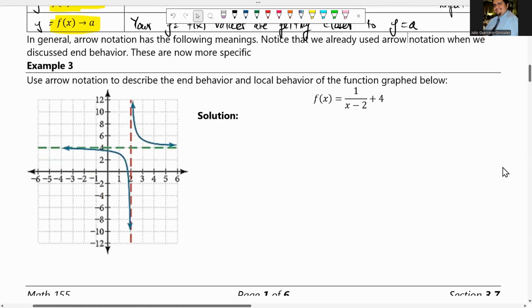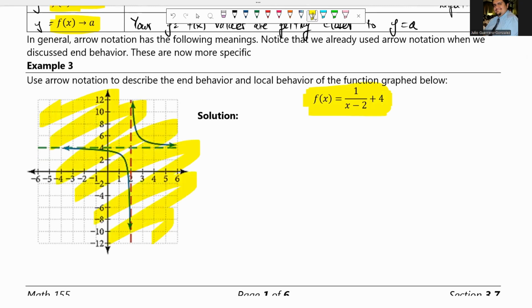This function has this graph, and it looks a little wild. Notice that it has this line right here, and it has this one that goes right across here. So I'm going to write them in. This line is x equals positive 2. And this line,